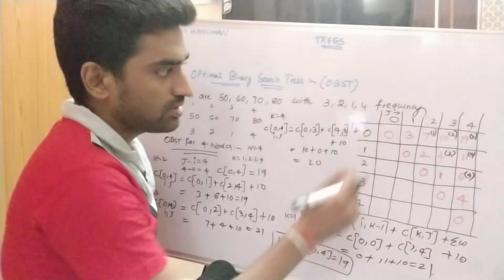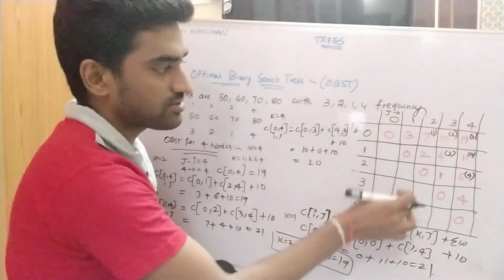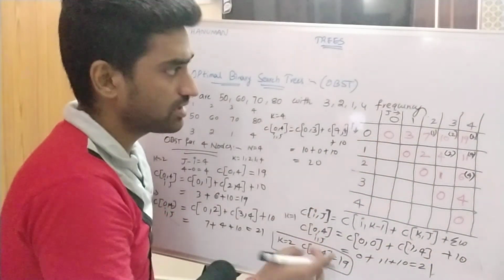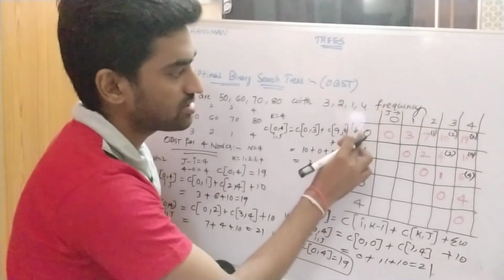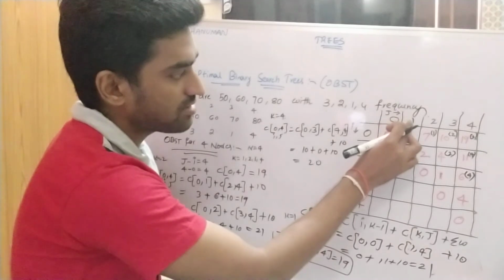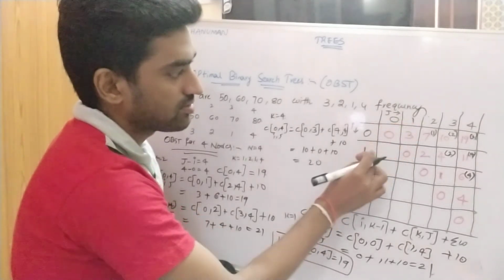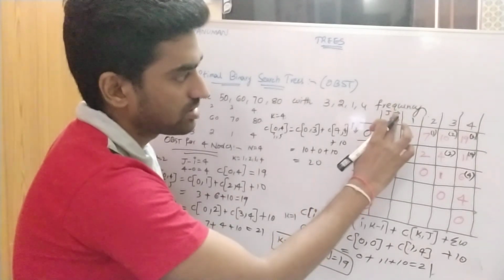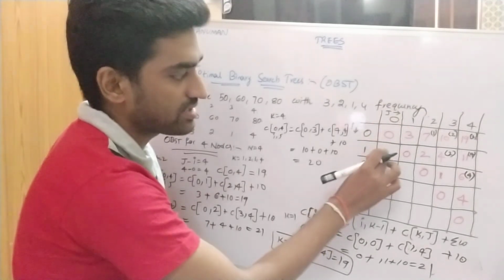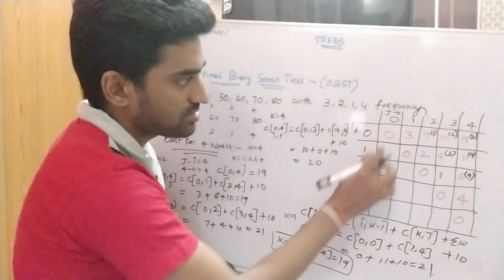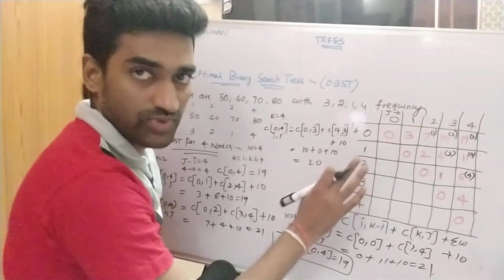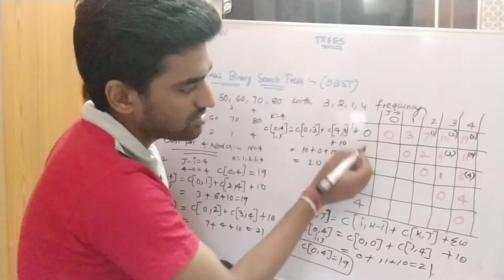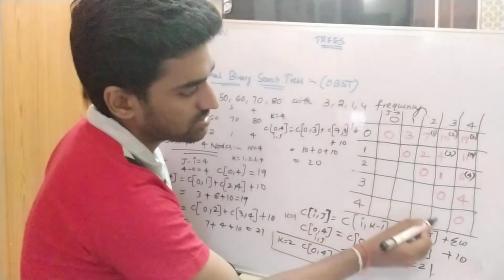Right? So these values are negative values, so that's why we are not considering these values. Here j minus i means 1 minus 0. So this value is 0 minus 1, minus 1, then 0 minus 2, minus 2, 1 minus 2, minus 1. So these are negative values, so there is no need to consider these values, right?